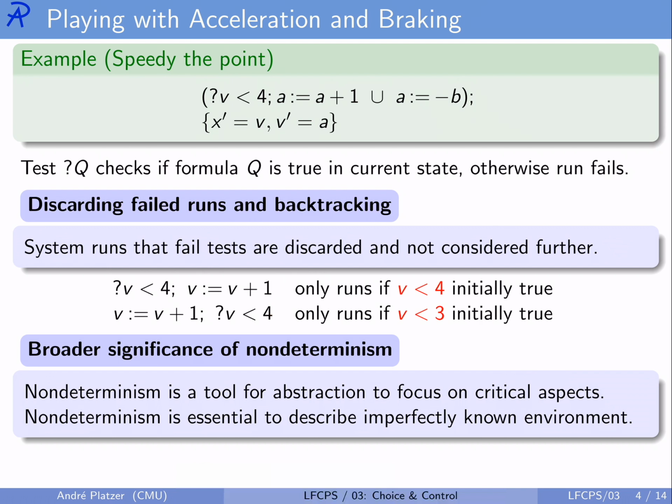This also highlights the broader significance of non-determinism. Here we have a non-deterministic control that chooses the left or the right-hand side. The left-hand safety critical side of speeding up has a logical condition on when that's acceptable, but the right-hand side does not. It's non-deterministic selectively. Non-determinism is a tool for abstraction that enables us to focus on critical aspects of the system design. It is very helpful to enable us to just write down what's important about the controllers in our own design, but non-determinism is also an absolutely crucial tool when we're trying to describe an environment about which we only